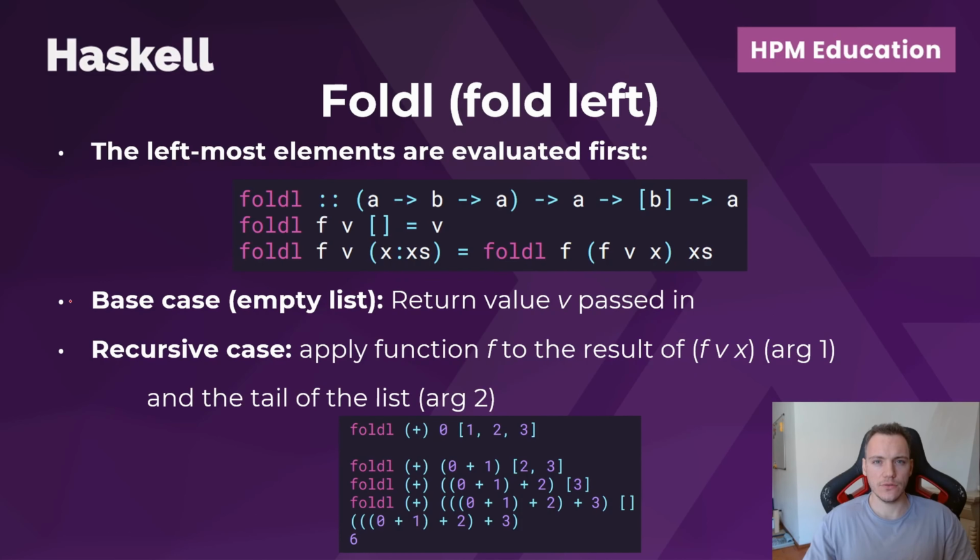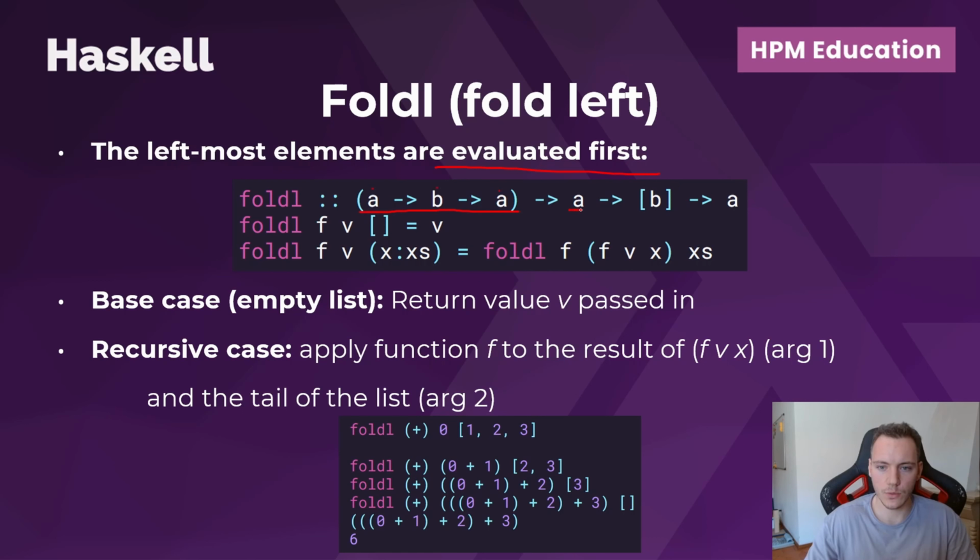Now let's take a look at fold left, foldl. With foldl, the leftmost elements are evaluated first. The functions associate to the left, and so our foldl function definition and type signature will be a bit different than foldr. First, we have the combining function again, takes in 2 arguments, a and b, and gives back a